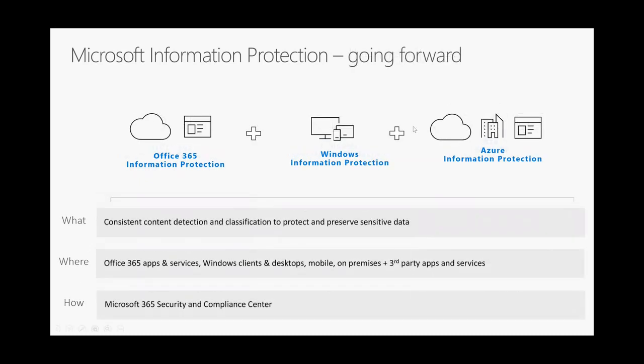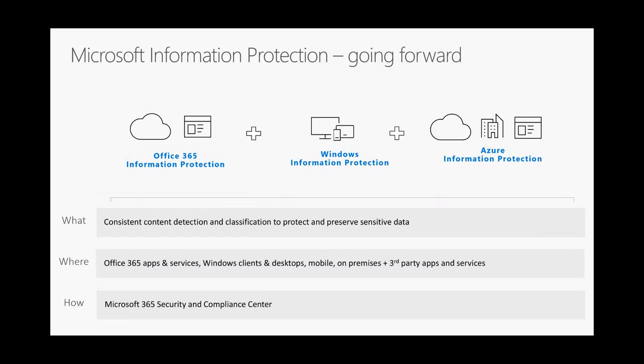And we have reached a place where we have a single product, essentially, or single product line called Microsoft Information Protection. That's the new name we have given it. You may hear AIP and WIP and OIP many times over, but they're all part of the family called the Microsoft Information Protection Initiative. And as part of that, we now have a consistent discovery, classification, labeling, and protection story across the board. It doesn't matter where your data is,